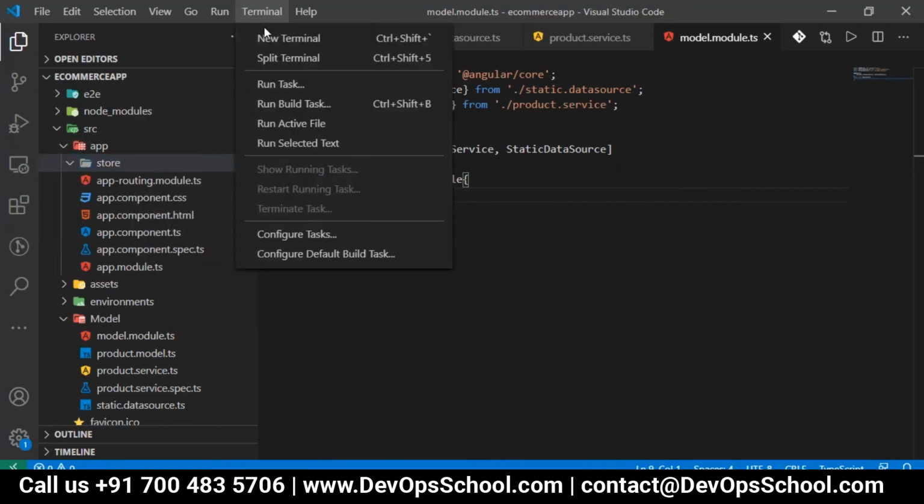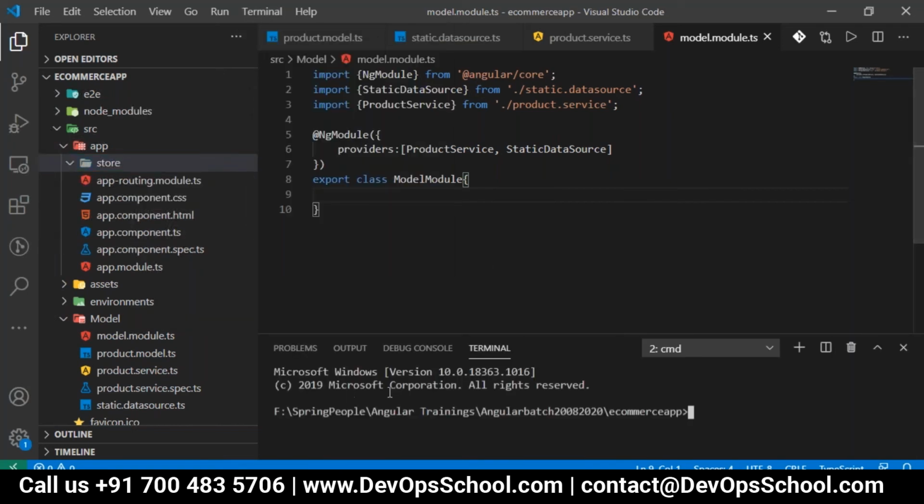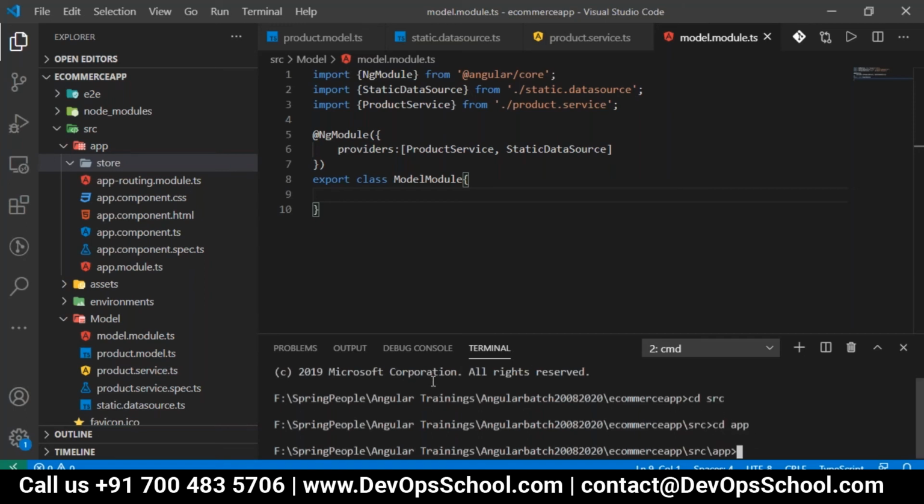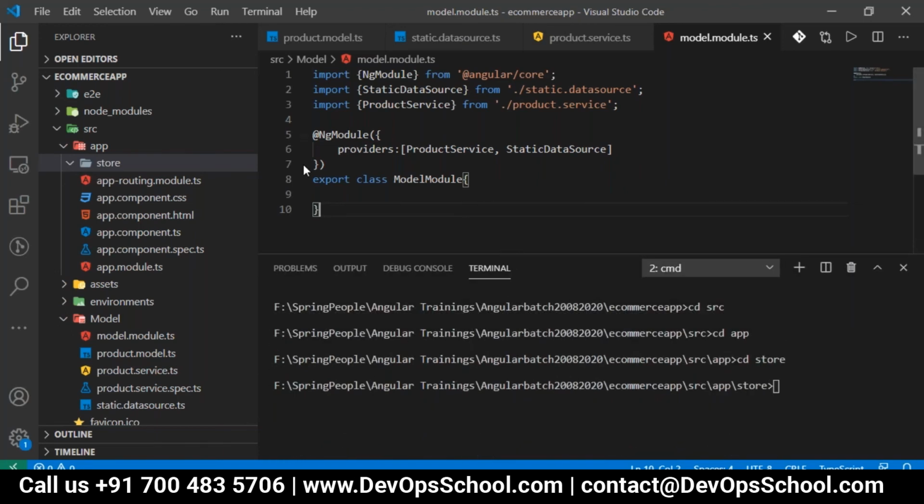So let me go to the new terminal. I have to go to the store folder. Inside the store, I want a module to be generated. You can either do everything by typing or you can generate it.